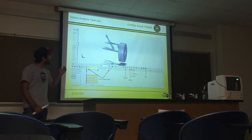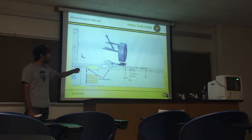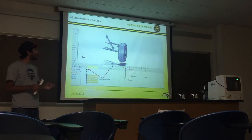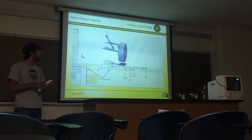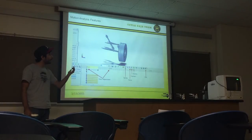So here we have the SolidWorks graphics interface. As I mentioned, it's time dependent, so we can choose how many seconds we want to run it. We also have the spring. We calculate our spring rate by actually taking our shock apart and applying weight on our springs to see how much they compress. The force, we apply it at the bottom of the tire,